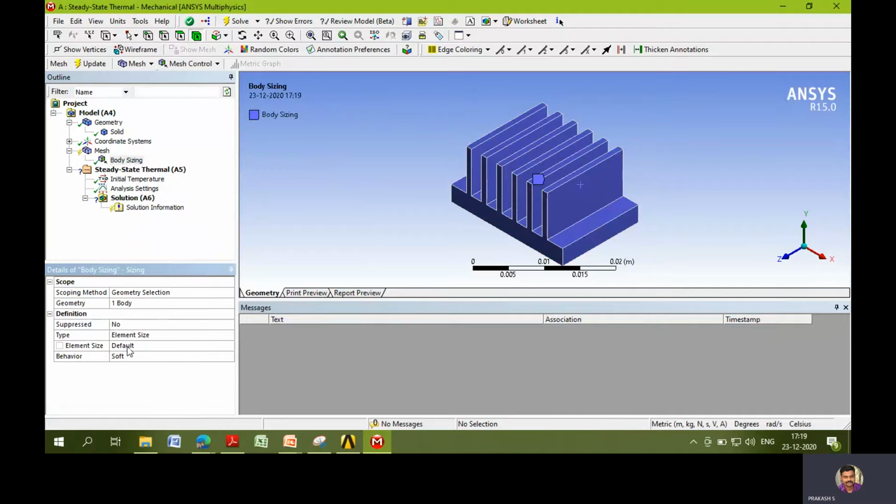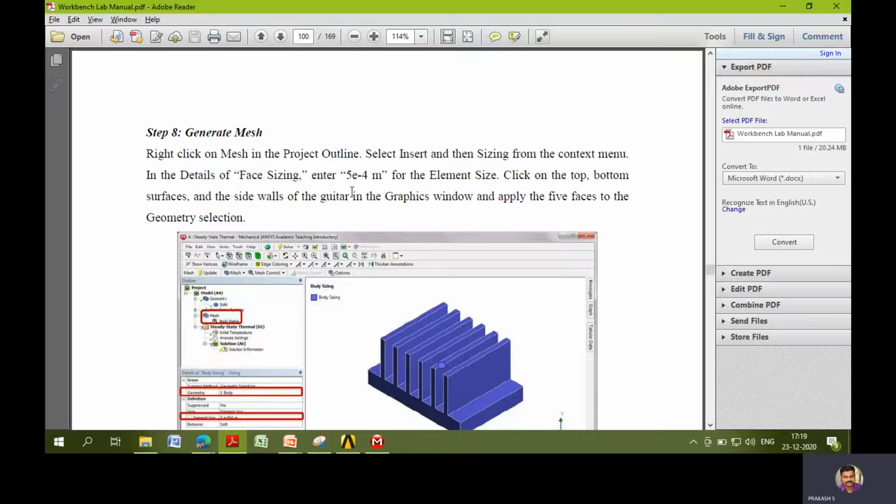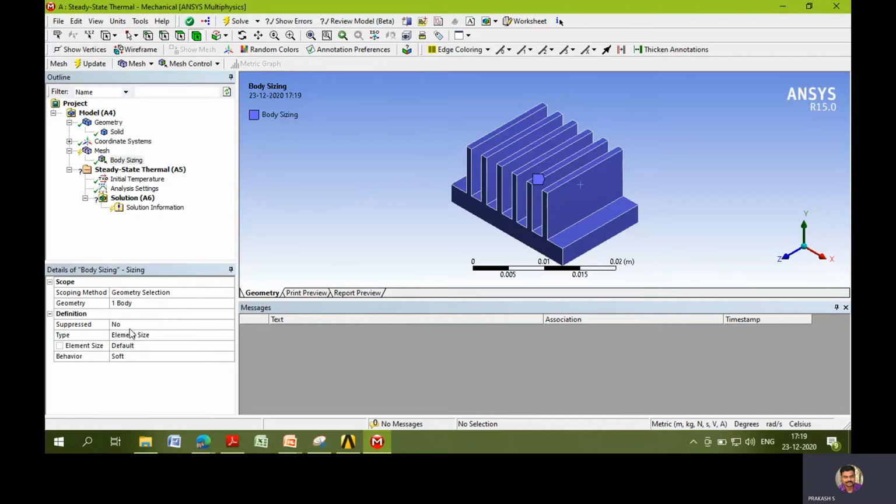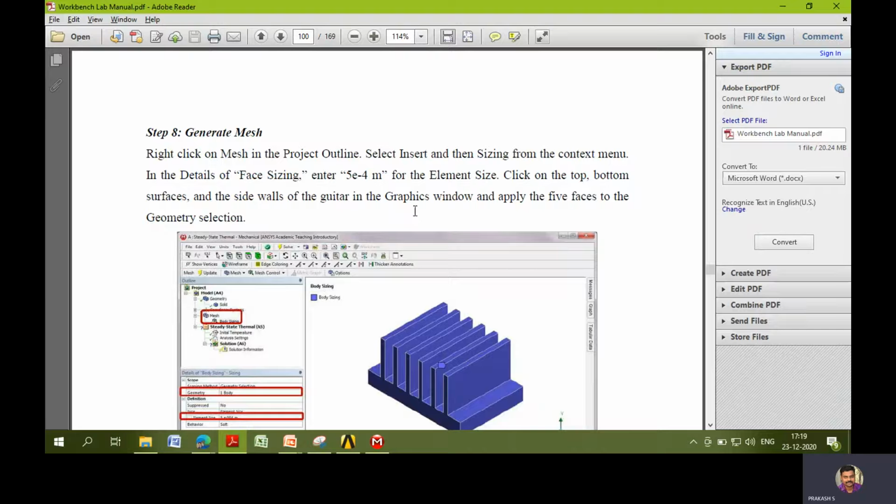The element size, how much they're asking, it is 5e power minus 4. The element size is 5e power minus 4. The value is given.